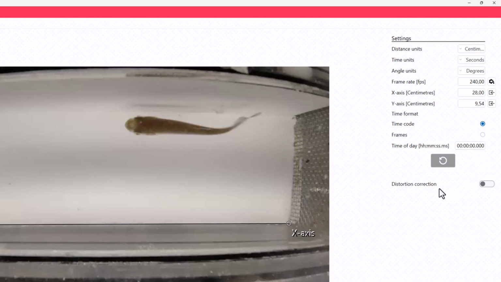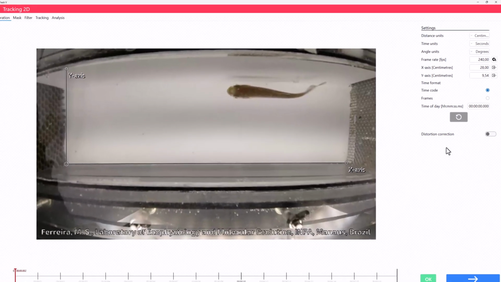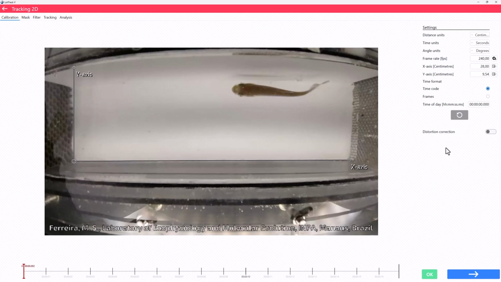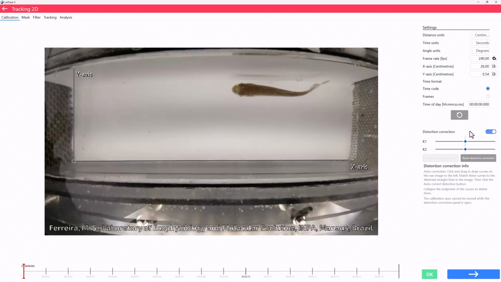The distortion correction is a useful feature if you have a video camera system producing images with a skewed perspective, like when using a wide-angle or fisheye lens. You can see a bit of perspective distortion in this demo video. This happens due to the curvature of the camera lens, and if we want to account for this, enable the distortion correction. Now, you cannot control the axis point, but if you click and drag on the video preview, you